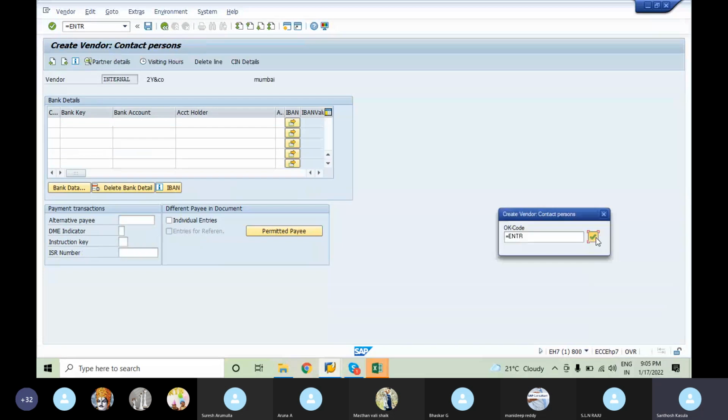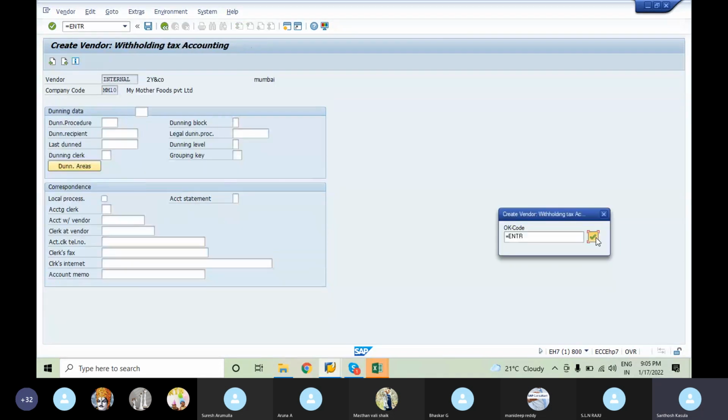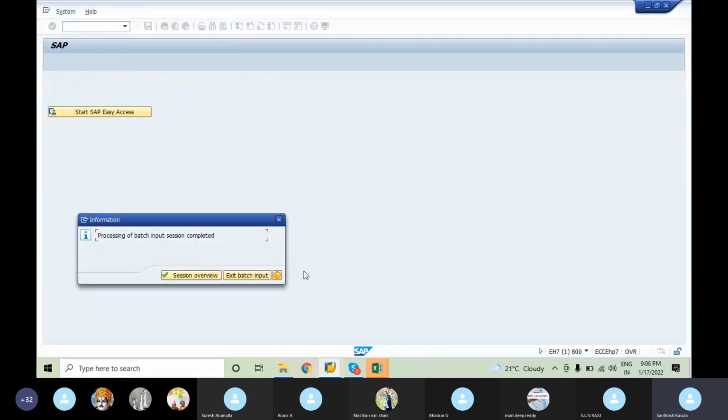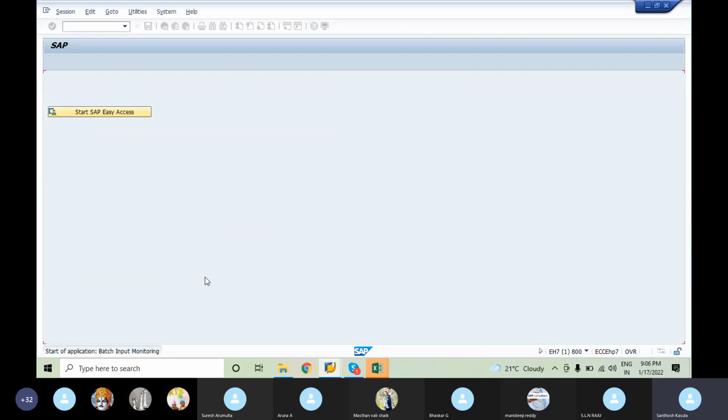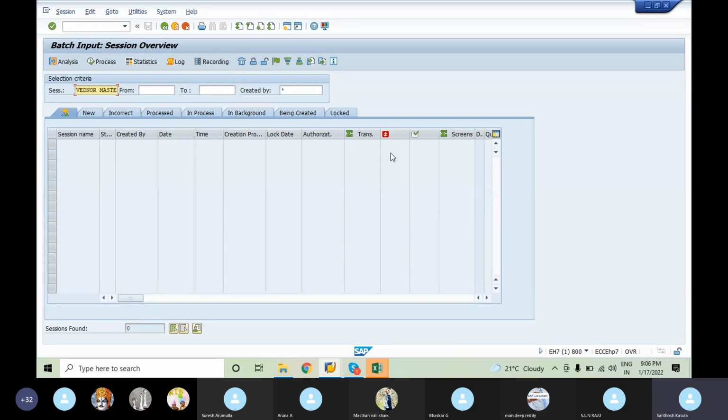So this is the last one. Enter, enter. So this is completely transferred here. This is completed, and if you can see here, that is done. If we have any error, we can see it here itself.